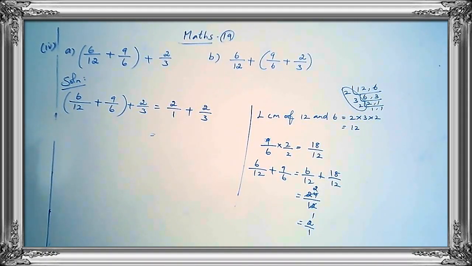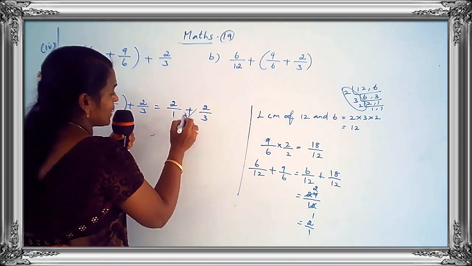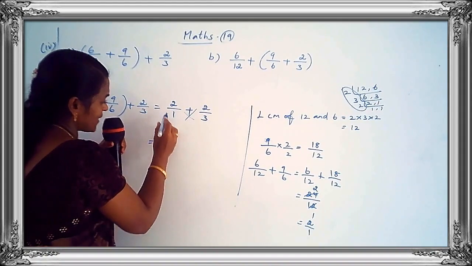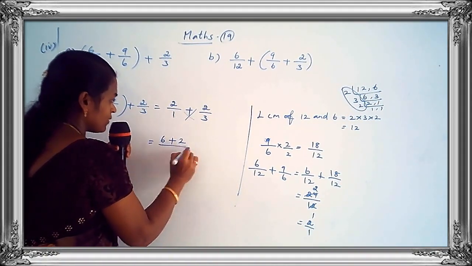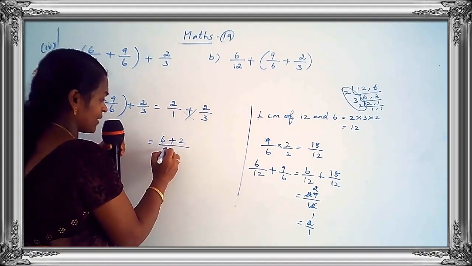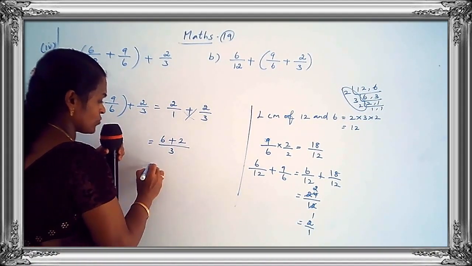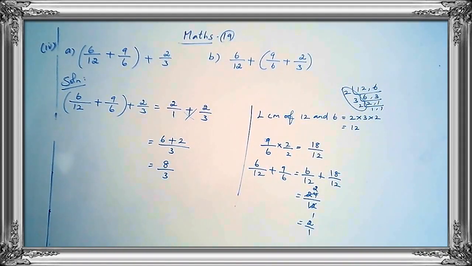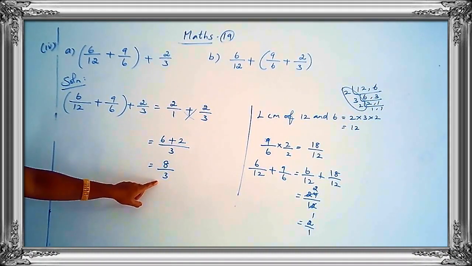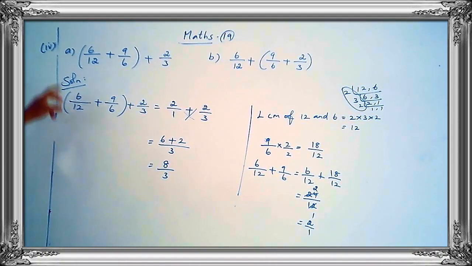You have to use the cross multiplication method because it will be easy. Okay, so now you do the cross multiplication method. 2 threes are 6, 1 two is 2, so that's 6 plus 2, divided by, that means upon, 1 three is 3. So your answer is 8 upon 3. Okay children, clear? Yes. Now what is the value of a? 8 upon 3. Okay, clear? Yes.